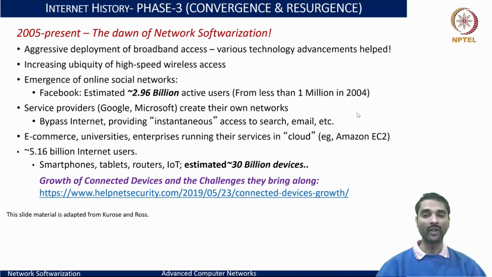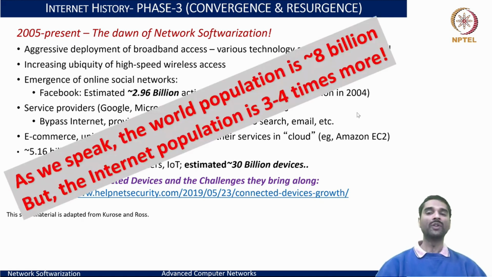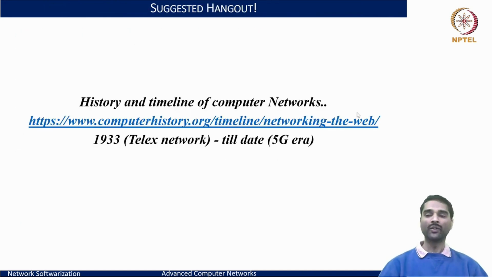And as I speak today, we have a world population of roughly 8 billion, but the internet population, and by internet population, I mean the users and the devices that are connected to the network, including the infrastructure of the internet, including the switches, the routers, and the middle boxes, is roughly 30 billion, so 3 to 4 times more than the world population. Right? So definitely this internet growth, which has spanned more than 60 years, has had its positives and